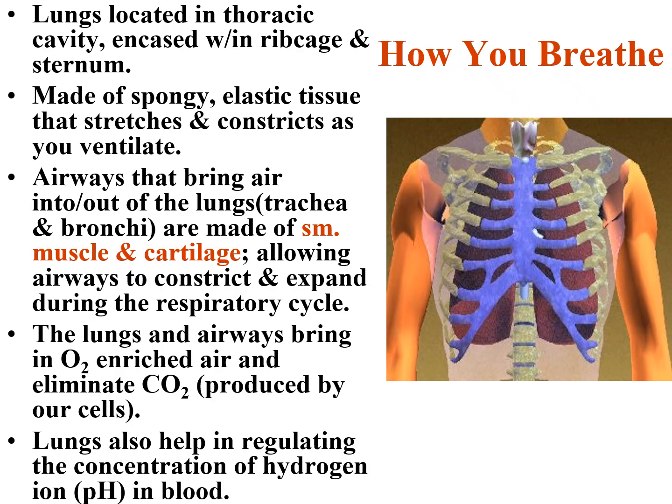Now, the airways that bring air into and out of our lungs, namely our trachea and our bronchi, are made up of alternating rings of smooth muscle as well as cartilage. Now, if you recall, we have no conscious control over smooth muscle. We do have conscious control over skeletal muscle. However, we do not have conscious control over smooth muscle or cardiac muscle. So thank goodness for the alternating rings of cartilage that we have within our trachea,